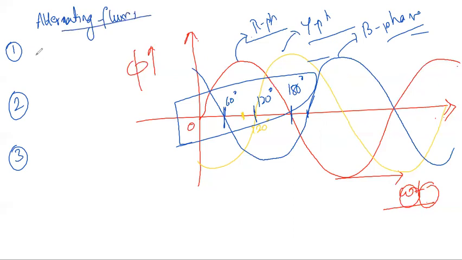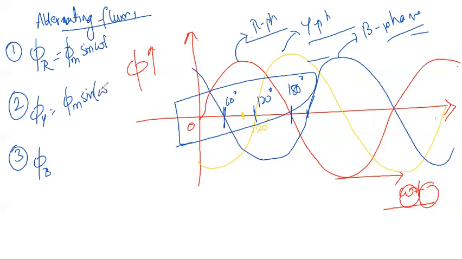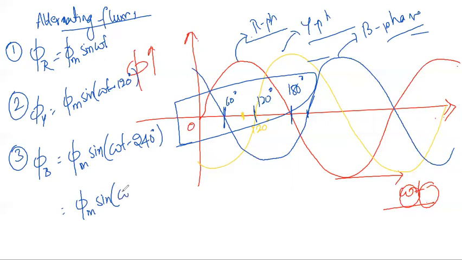that is being present. So these are the instantaneous value of the fluxes in all the 3 phases that is being present there. Phi r, that would be phi m sine of omega t. Phi y, that would be phi m sine of omega t minus 120 degree. So next one, phi b, I'll be having phi m sine of omega t minus 240 degrees that is being present there. So next I have phi m sine of omega t plus 120 degrees that is to be present. So I can write minus 240 as plus 120 degrees that is being present there. So these are the set of equations that I'll be writing.